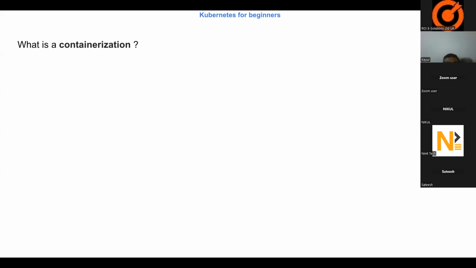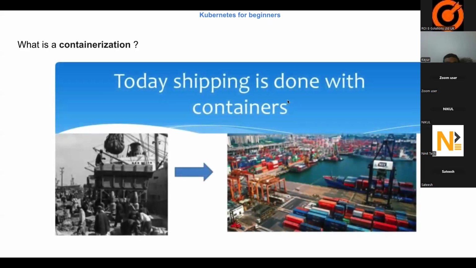So what is containerization now? How was this concept evolved and how did it become common for the purpose of building and running services? I'll give you an example, and this is how it evolved. We all know that goods are shipped across the globe from different origins to destinations. Now, on the left-hand side,